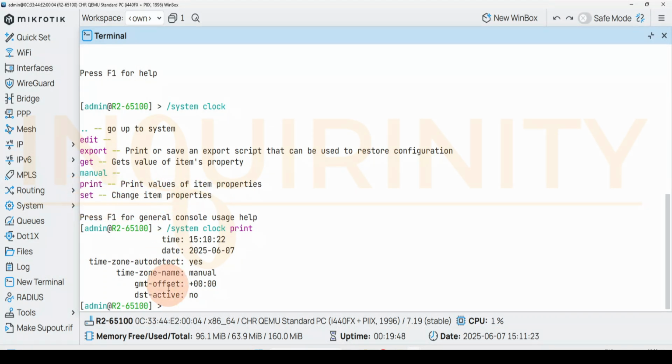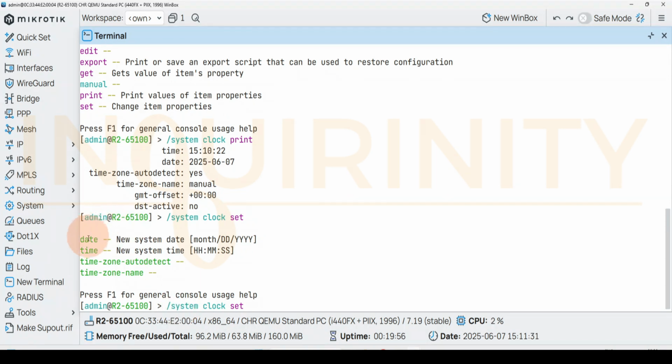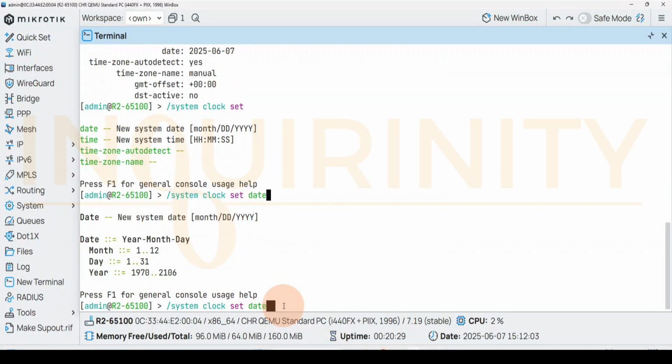With the use of set, we could use system clock set and press F1 again. We have 4 configurations that we could change: date, time, time zone autodetect and time zone name. Let's begin with date. We type in date and press F1 and we'll notice the help settings on the date. The new system date will be month, day and year, with the month as 1 to 12, day as 1 to 31, year as 1970 to